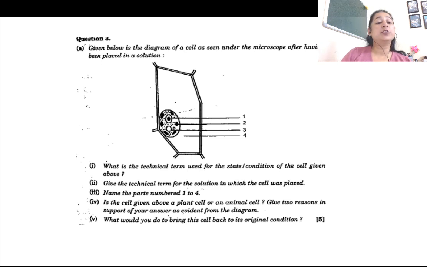Next, now this is a question from osmosis and guttation wala chapter, wherein we talk about endo and exosmosis. So let's see. Given below is a diagram of a cell under the microscope having been placed in a solution. Now diagram dekhte hi aapko you should come to know which solution is this. The cell content has shrunken to one side. That means it is placed in a solution wherein water has moved out of the cell. So when will the water enter inside the cell? When the inside condition has less water and outside it is more. So that means a hypotonic solution, a solution which is dilute.